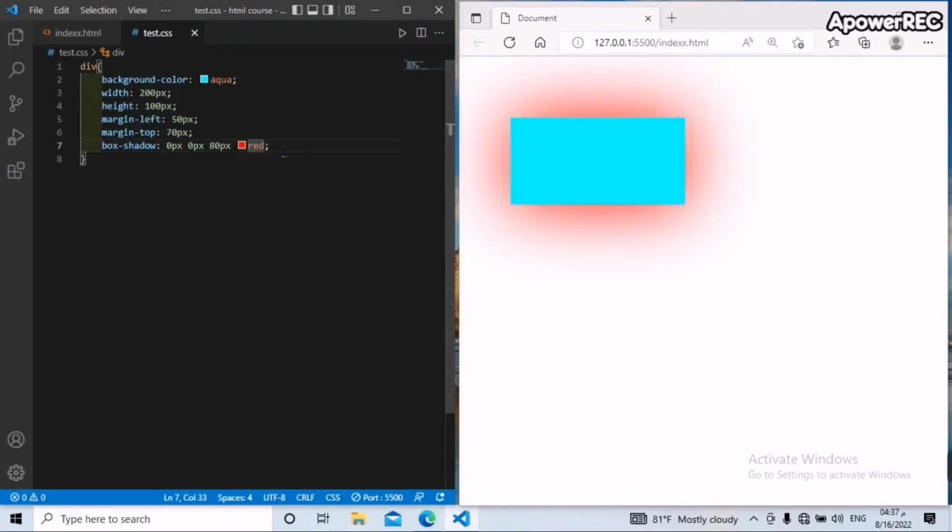And another thing, we can use a lot of shadows here. As many as you want, you can use. For example, let's use it. Let's make this one 2 pixels and then 2 pixels. This is the horizontal and the vertical shadow. And then the spread of the shadow, let's make this one